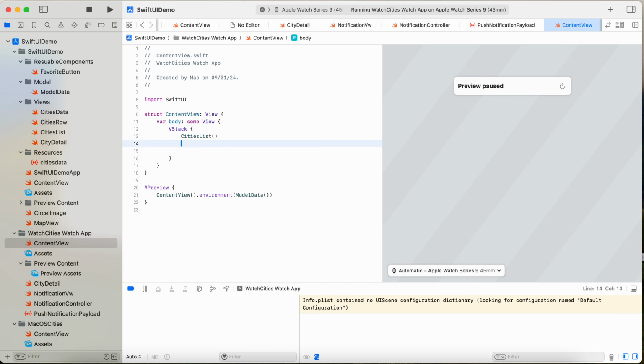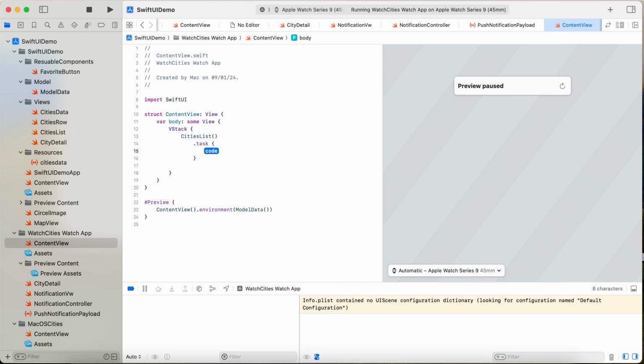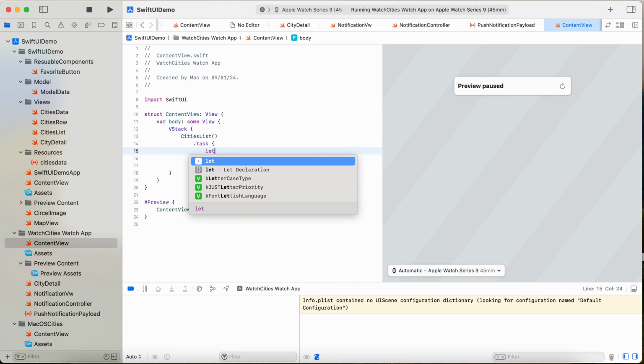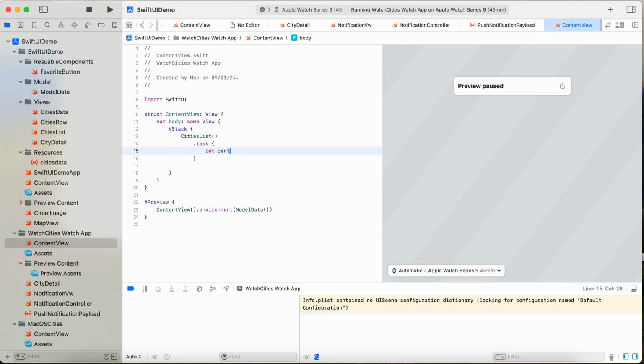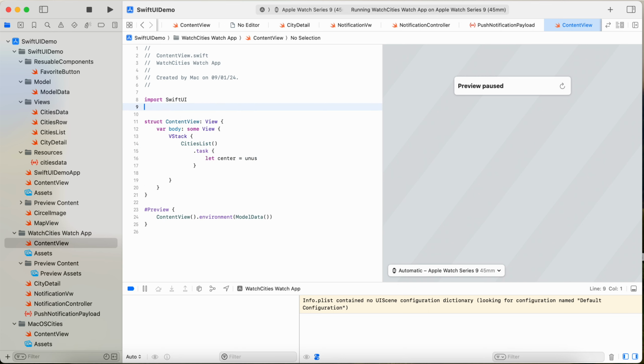So we have task, and then in this task we have user notification. First of all we will have to import UserNotifications, and then UNUserNotificationCenter.current(), and then